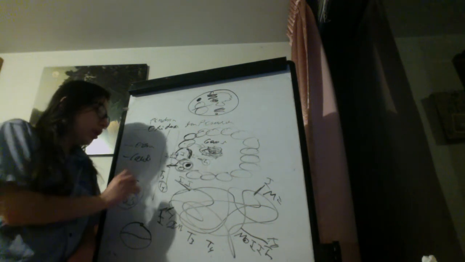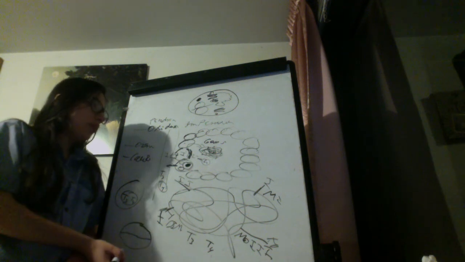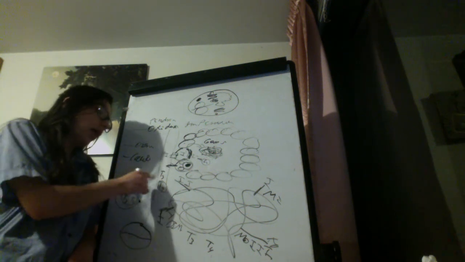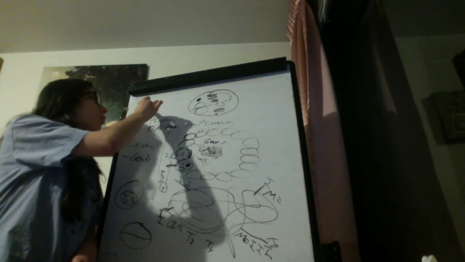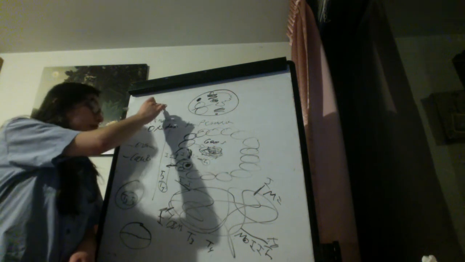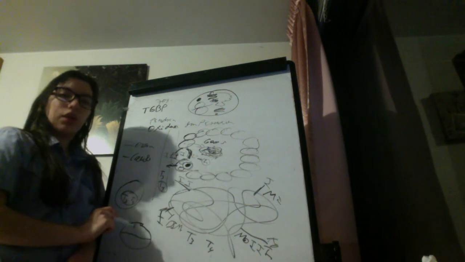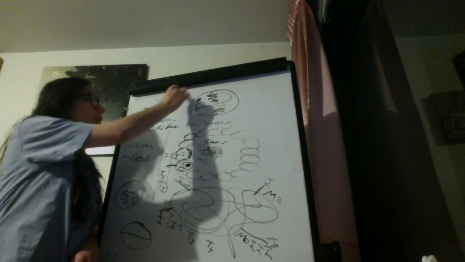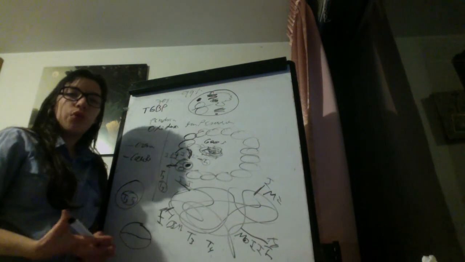So we need a protein that transports T4 and T3. This is mainly the thyroxine-binding globulin. This transports about 70% of the thyroid hormone, but 99% of the thyroid hormone is bound to